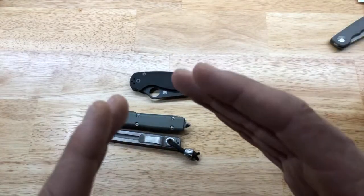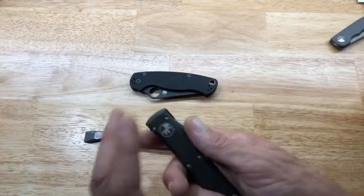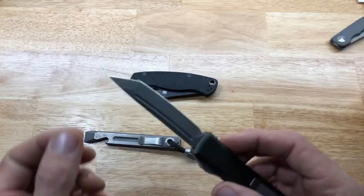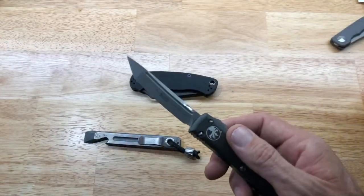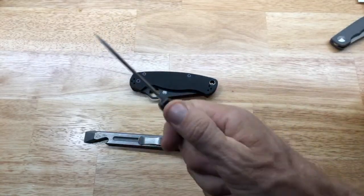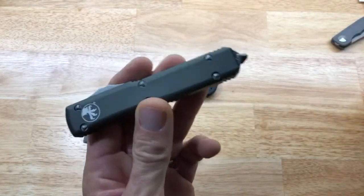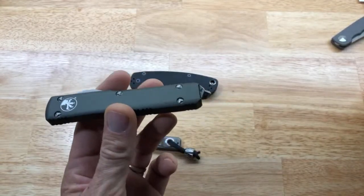But what I'm getting at is when a person buys an Ultratech, that all gets thrown out the window because you come into it knowing that it's going to have a little bit of side to side play, because they're like, hey, that's how it works. There's a certain amount of tension on the spring, and I played with a bunch of OTFs when I was at this shop, which I still need to post a video. I did a little short shop tour, but